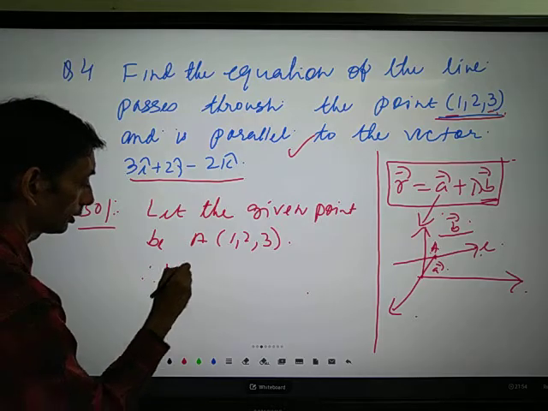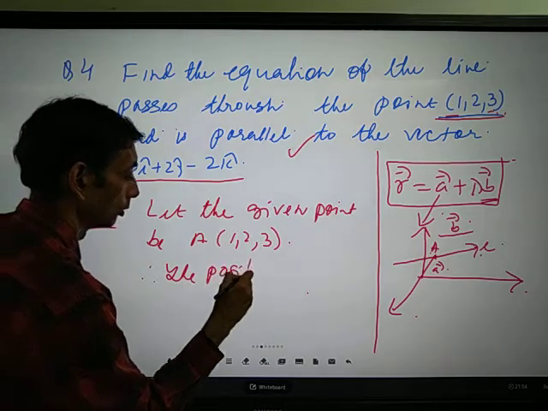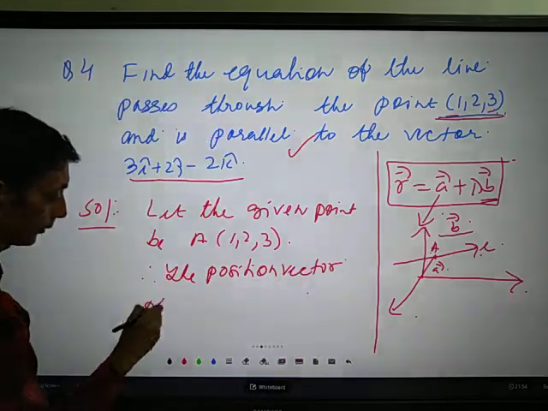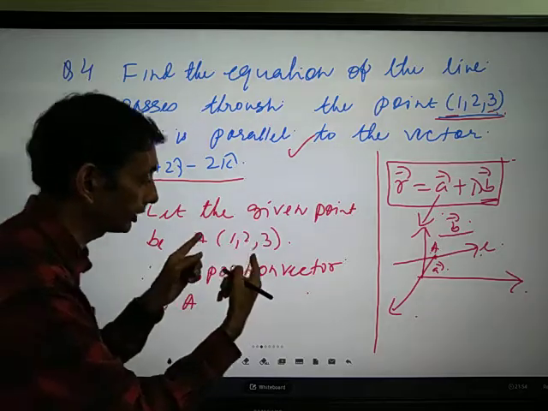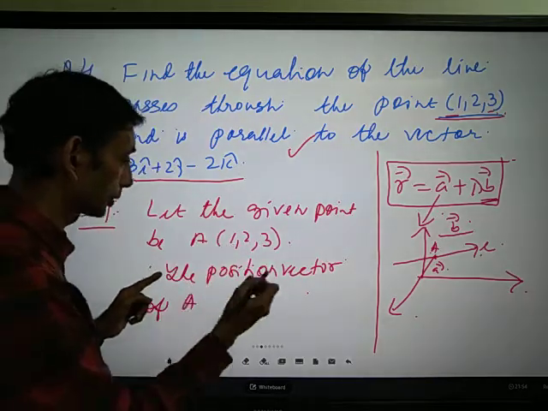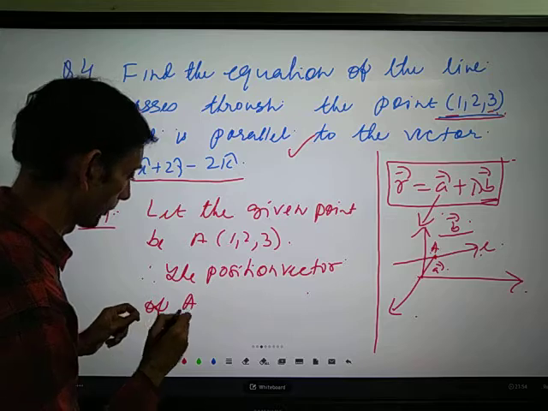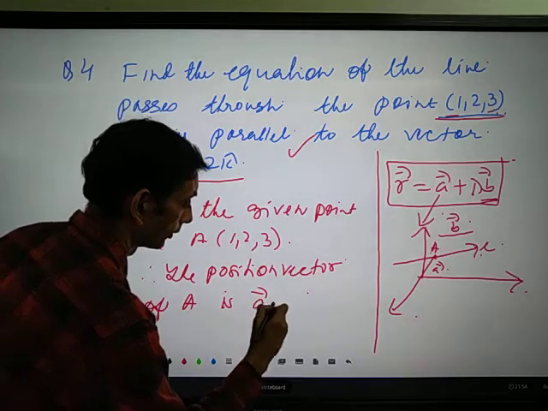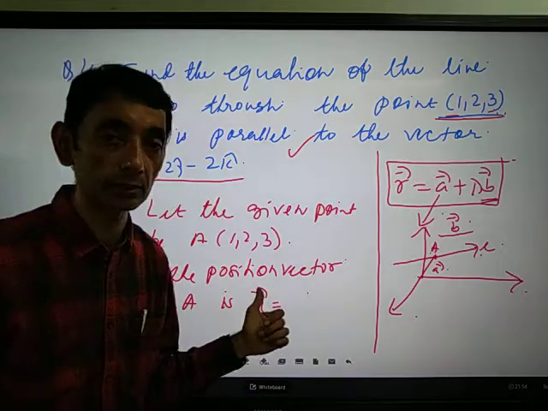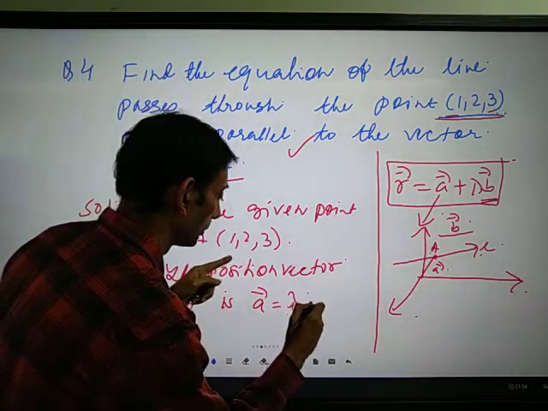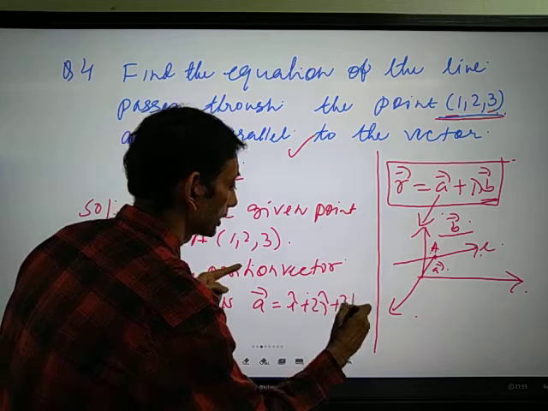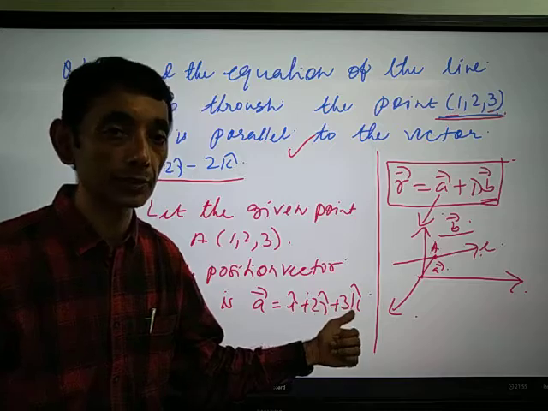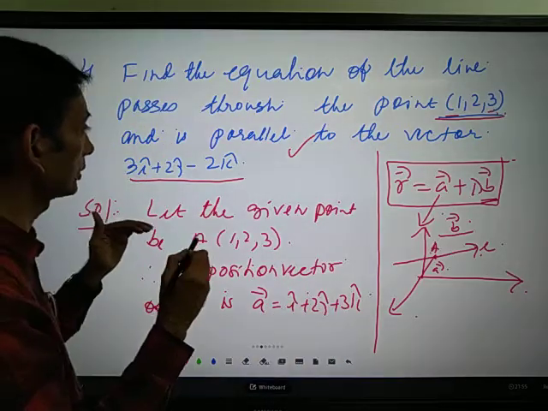Therefore, the position vector of A. So the point is given, so you can just find the position vectors. Let the position vector of A be, we can denote the position vector as vector A equal to i cap plus 2j cap plus 3k cap. So you got the vector, that is i cap plus 2j cap plus 3k cap, and the vector which is